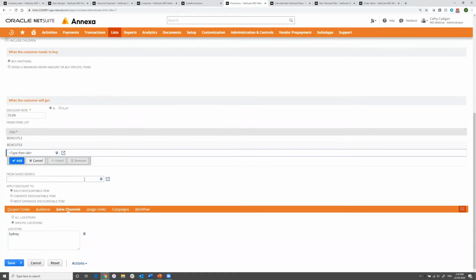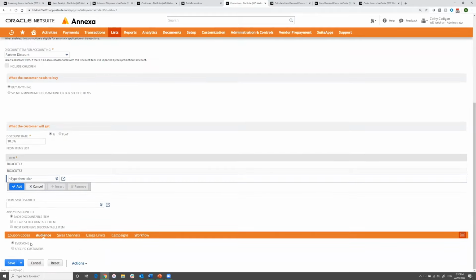And then from there, which locations is it for? Or which customers are we applying this for? Is it across the board? Is it just for Sydney? Is it for a certain group of customers? Certainly all of that is able to be applied through the promotion. And then I guess